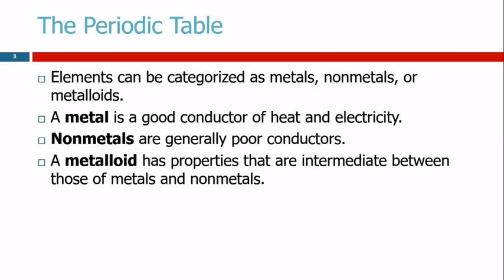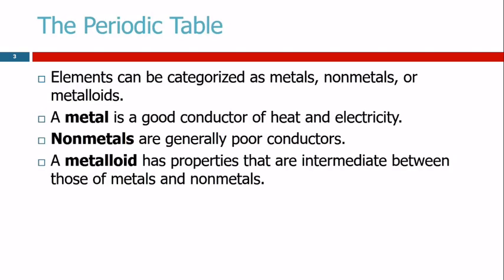Okay, so we can also categorize elements as being metals, nonmetals, or metalloids. So metals, that's a word we're familiar with. Give me an example of a metal. Steel. Now, steel isn't an element, but it is a metal. How about aluminum? Is that a metal? How about wood? No. Oxygen? No. So metals we're familiar with. And in chemistry, the word metal means pretty much the same as it means at home. It's a good conductor of heat and electricity. They tend to be shiny, malleable, and ductile